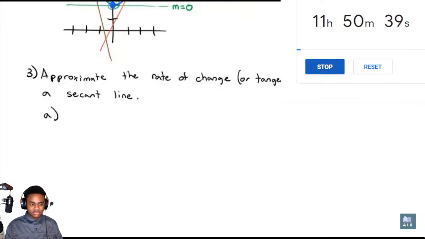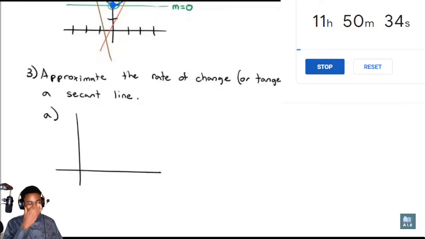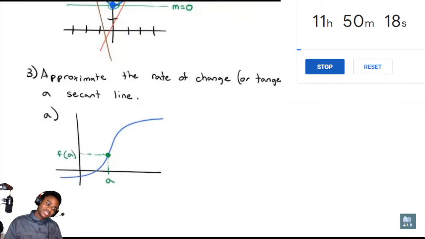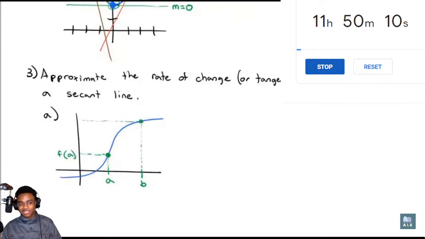Here's what we mean by that. So we've got some graph here. We're going to say it goes up and levels off. And right here we're going to say is A. If we go up, this point here is going to be at f of A. And then a little bit over from A is B, and if we go up from B, that point right there will be at f of B. If we connect A and B with a line,